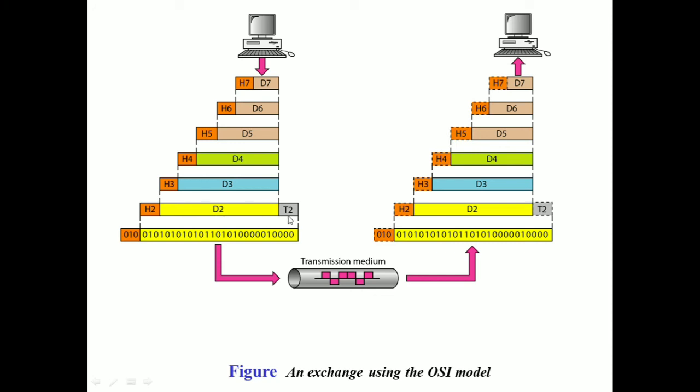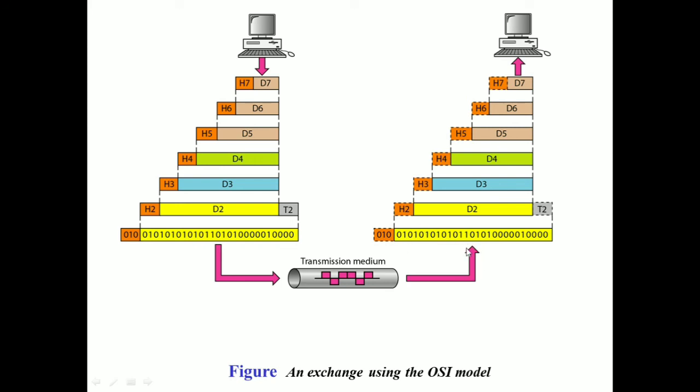coming to the data link layer, a trailer is also added here. The concept of adding headers to the data part and putting the header and data part into the data part of the next lower layer is called encapsulation. So here the process of encapsulation is done. This is the physical layer, wherein the data is represented in the form of bits. We will be discussing the different layers and their functionalities in the forthcoming sessions. Now this information is given to the physical transmission medium, and in the transmission medium data is transmitted, and